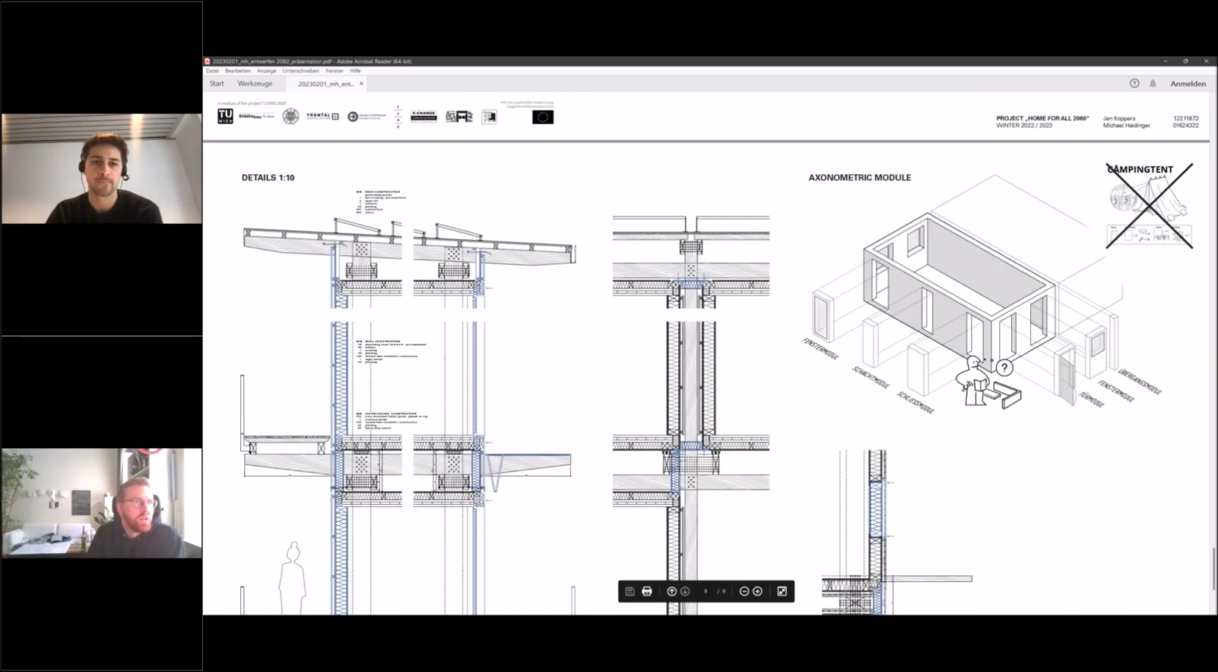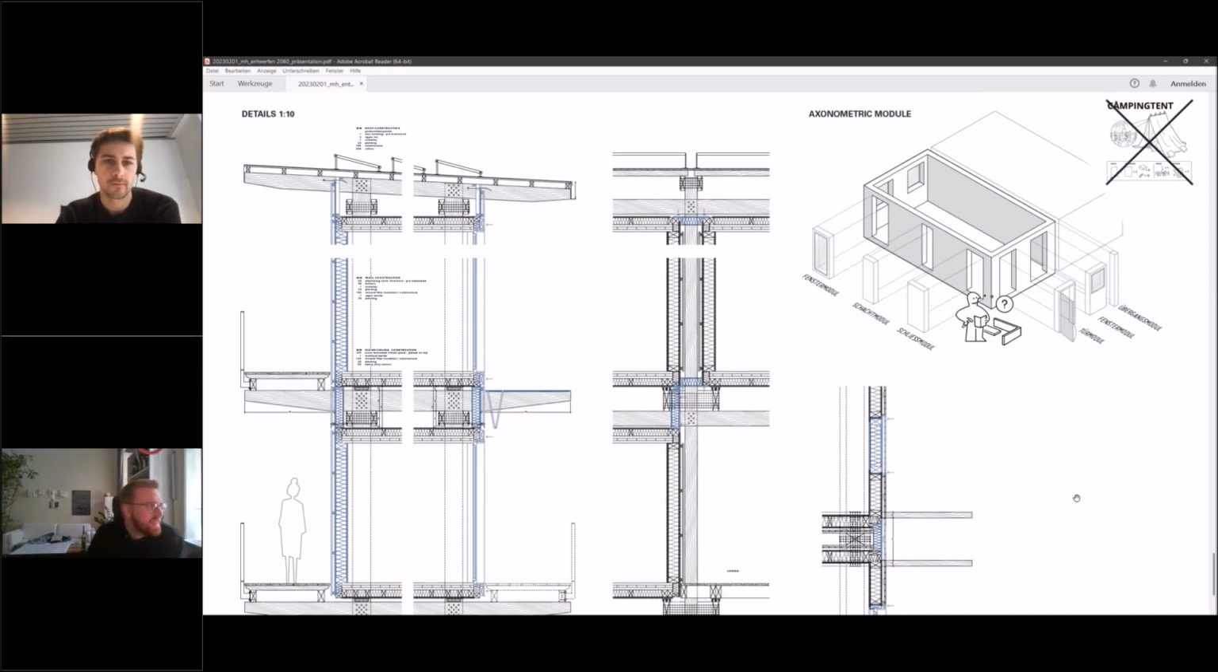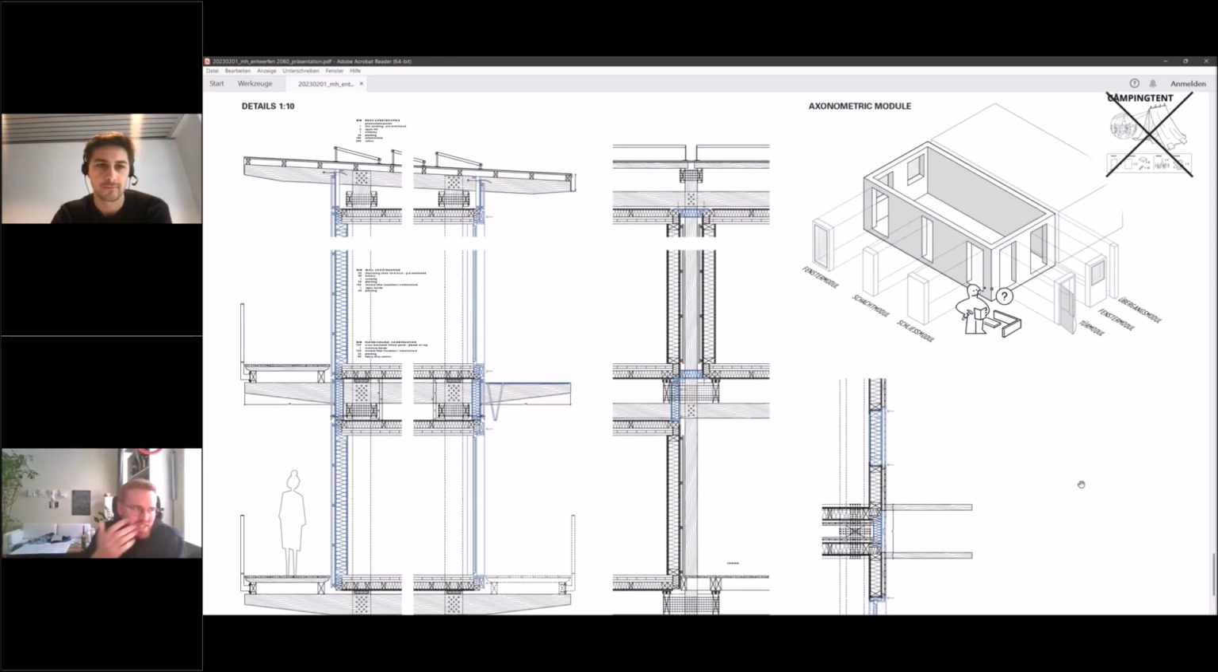This might be the hardest part to show in a digital presentation because it's just too small, but these are some details. As you can see at the top right, we didn't want to build a tent. I don't know if you know IKEA, it's a furniture shop, kind of. We wanted to have our axonometric modules, and I mentioned it at the beginning, just some words on this. This is our box, and it's 3.5 by 7 meters, and it has some left